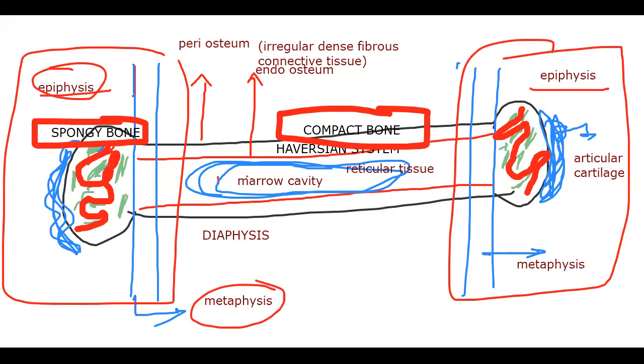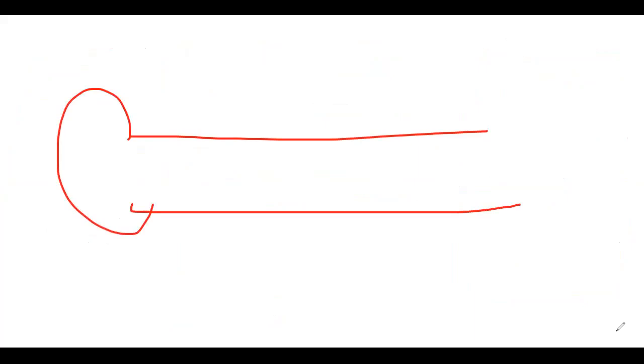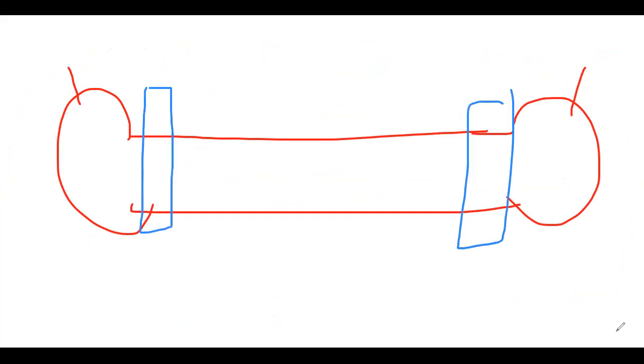So next, let me tell you the interesting story about the metaphysis. It's for your general knowledge. Say this is the bone. Okay, so this is epiphysis, isn't it? So in here we show this area as a metaphysis, isn't it? The blue which I am showing is metaphysis. Okay, what is this exactly? The length of metaphysis is related to the height of the human being. You just see this particular box.